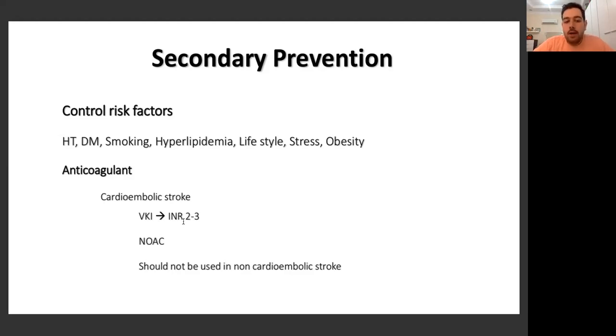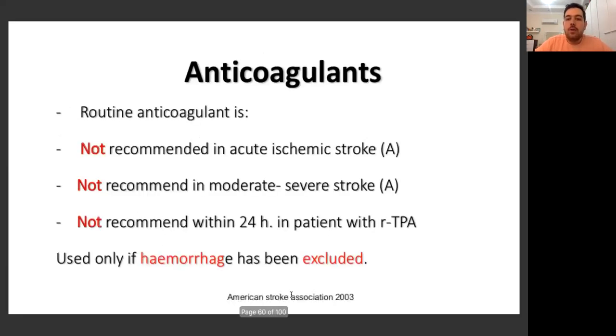Anyway, we give any of these options only if the patient has a cardiac cause. So like he has atrial fibrillation or has myocardial infarction and he's at risk of developing distant emboli, then we can place the patient on anticoagulation, okay? However,